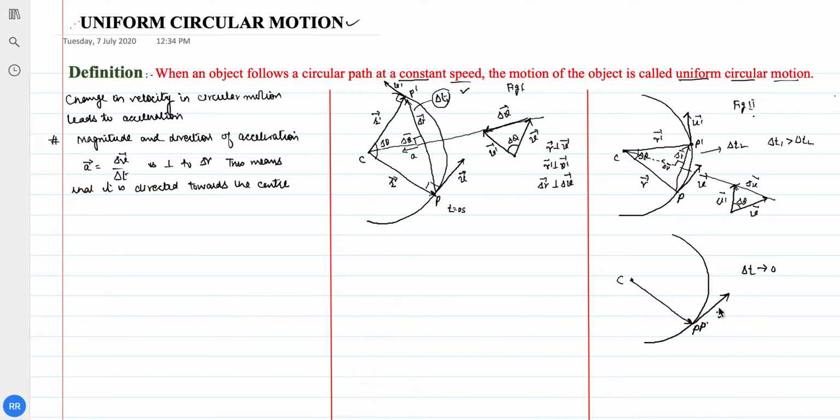So the velocity vector remains tangent to this. So when delta t approaches 0, what will happen, delta r at this point, delta r